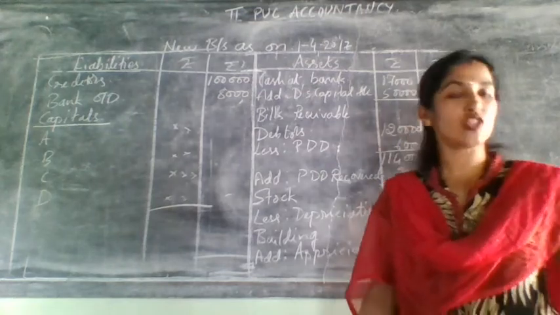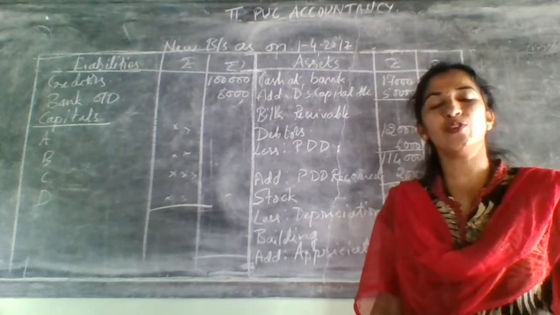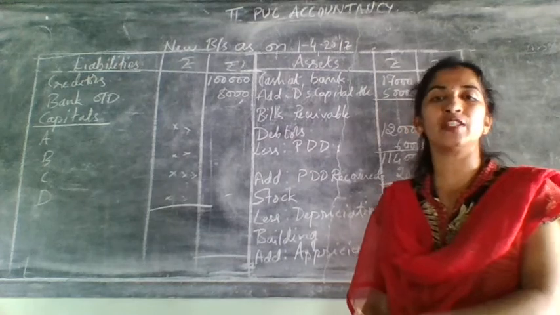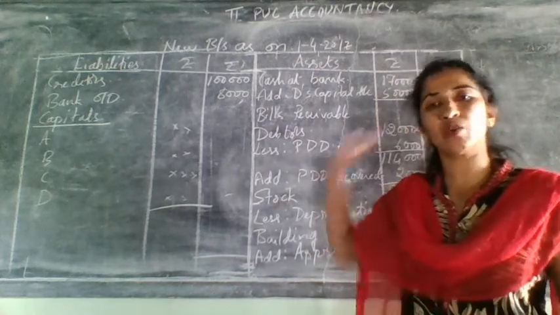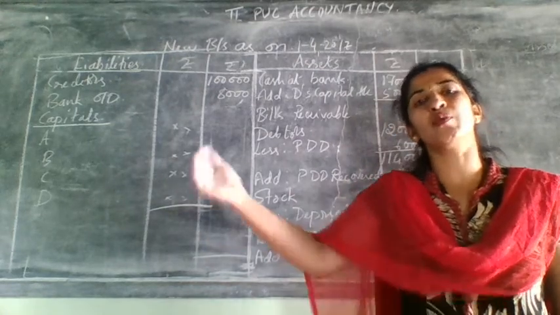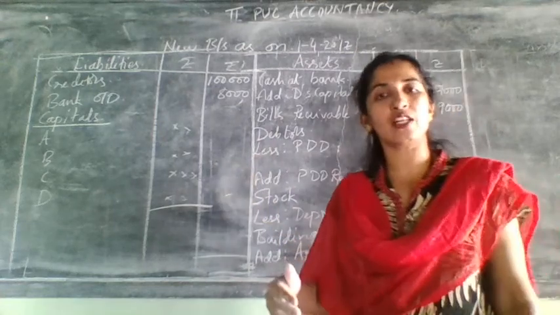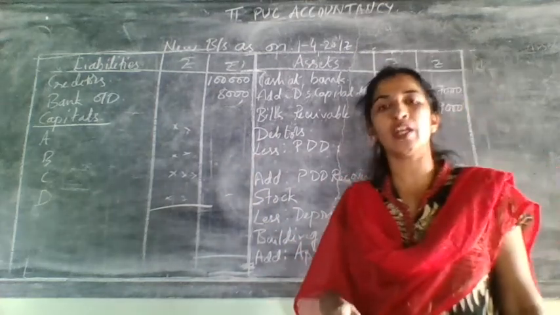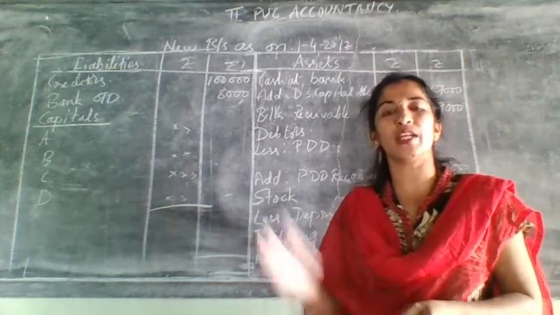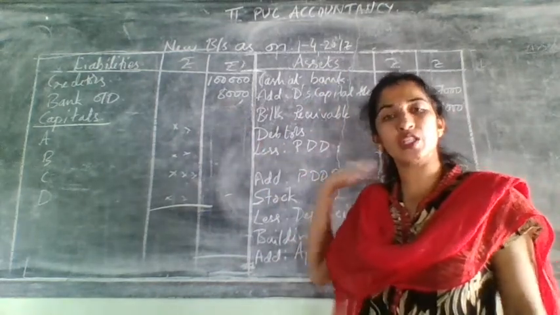Try at least, because for each step they have given you the answer there. If you have not got the answer also, I want your homework till the end of the steps, that is till the balance sheet. If you have not got the answer in the revaluation account, don't worry, move on to the next step, because the capital account has other entries also. For that also you will get the marks. After the capital account, if again you don't get the answer, don't stop there, continue for the balance sheet, because the balance sheet has other adjustments here. For this also you will get the marks.